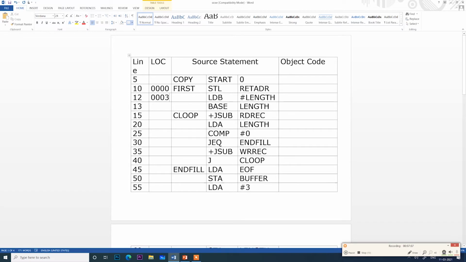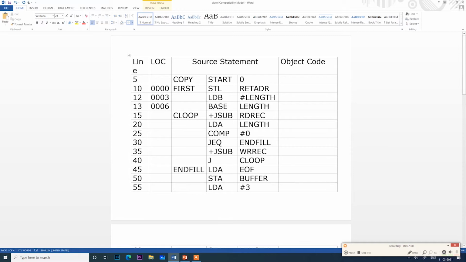Next, the second instruction. Again, you have an opcode and an address. There is no register and no plus symbol, so it's format 3. It again occupies 3, 4 and 5. So the next instruction will start from 0006.